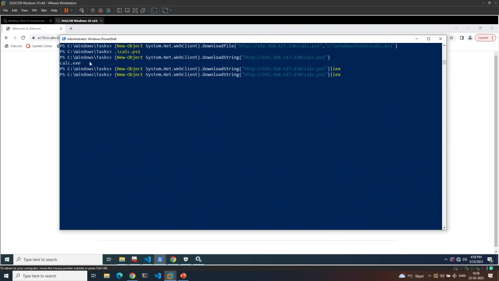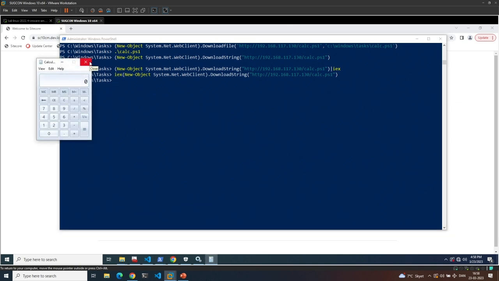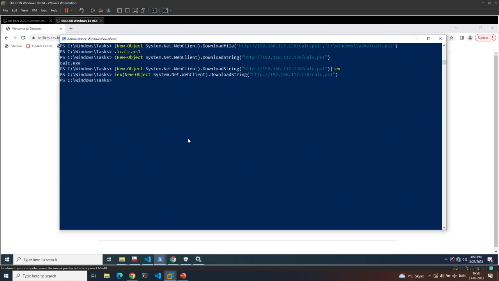And invoke expression can be used in two ways, right? I can either do it like this or this. I use both throughout this presentation, so don't worry, it does the same. Another calculator. That's already three calculators. And by the way, instead of doing download string, you could also do reflection in PowerShell. So you could actually write your own payload. I'm not saying you should, but you could write it in C# and use reflection in PowerShell to put it all in memory.